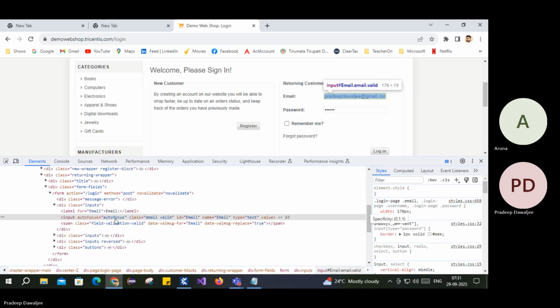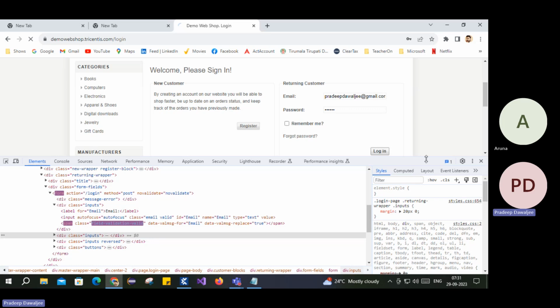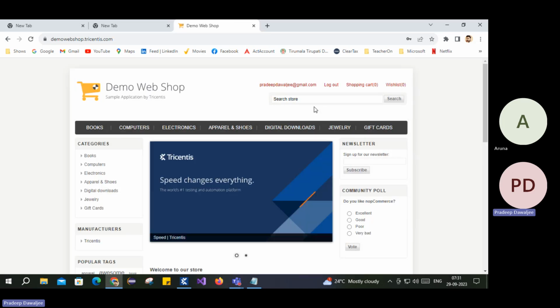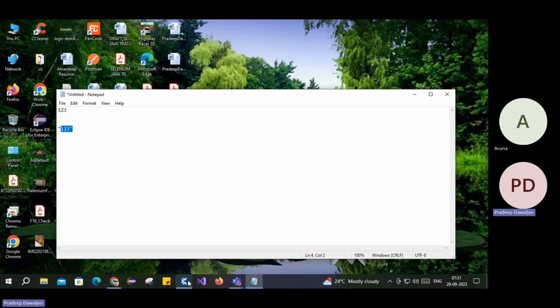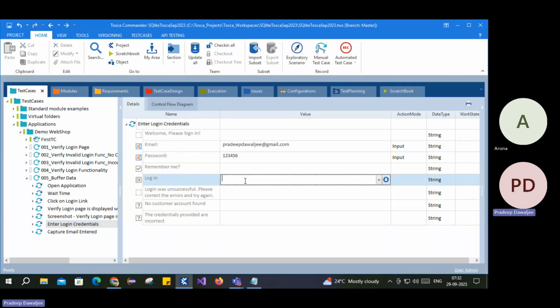So this one, it's not the correct one. We'll go to the next thing. So to this field, let's say to this field, I'll just again capture. So one I've buffered, this one, and okay, let's say